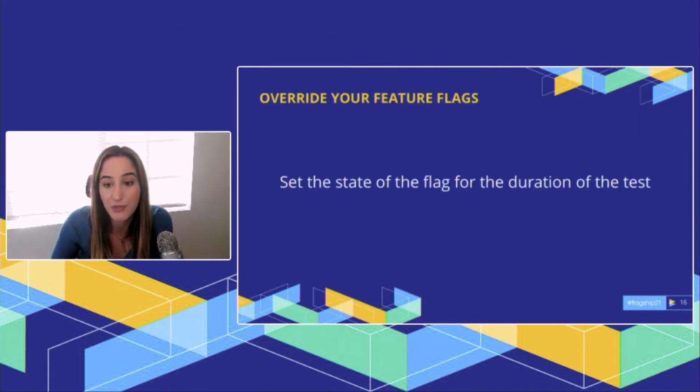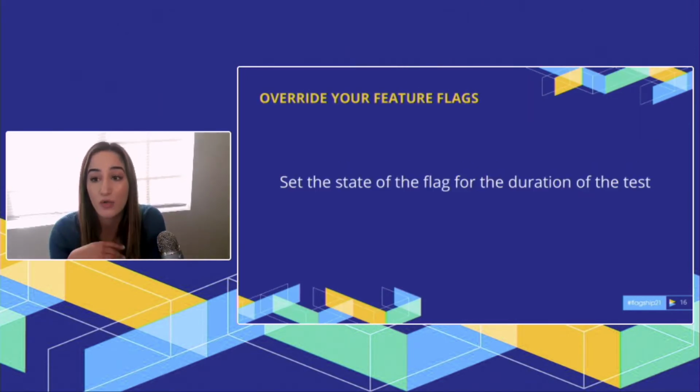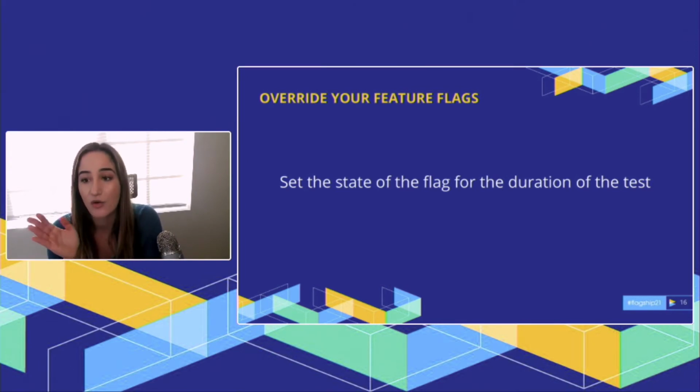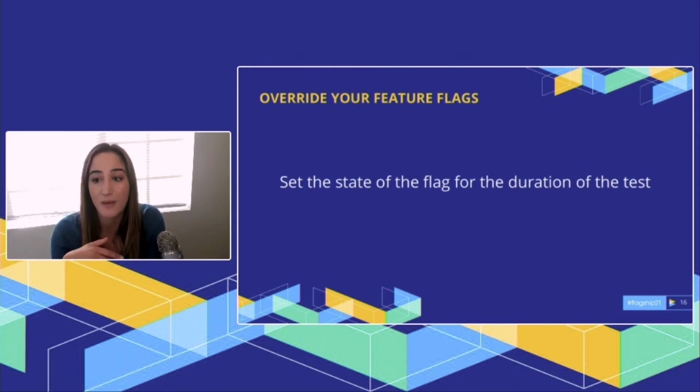The next approach you can use is to override your feature flags. And basically what you do here is you make a custom feature flag abstraction. So for each feature, you would have 3 tests. In the first test, you simulate the feature flag on. In the second test, you simulate the feature flag off. And in the last test, you want to validate that you can go through the entire flow regardless of if the flag is on or off. So with this approach, you are explicit in the test, and the test becomes much more self-documenting and descriptive.